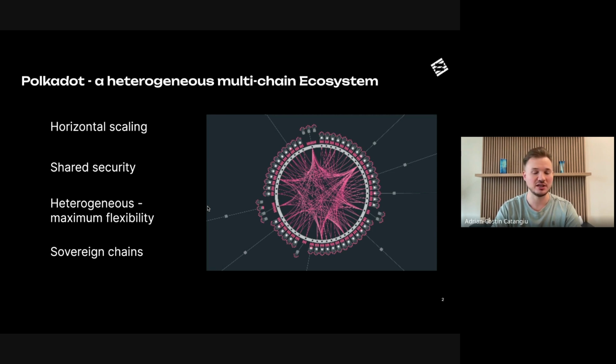And we see that again in computing. You see that CPUs scaled vertically for a while, but then they started scaling horizontally as well, adding more cores, adding more CPUs, and doing parallel work. And the same thing is happening in the blockchain space. Most chains out there have horizontal scaling, also known as sharding, meaning it's still the same chain,